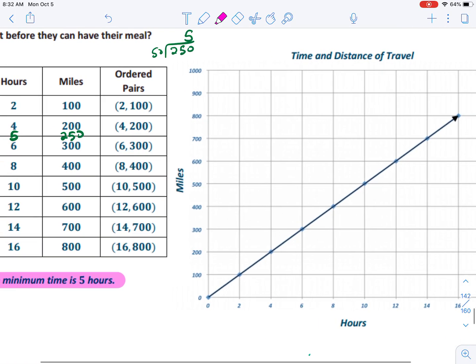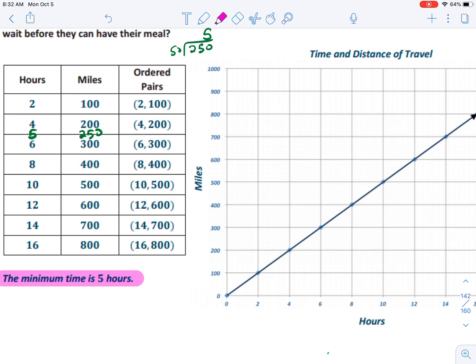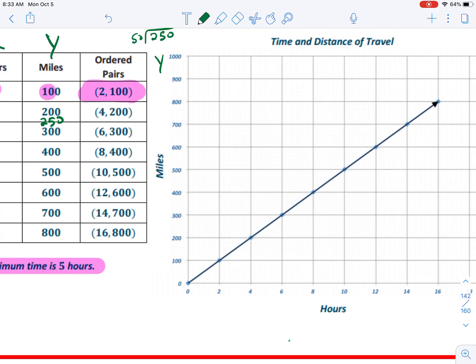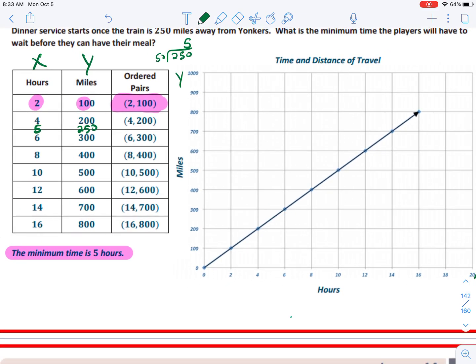They plotted all the points that they have on their table. So 2 hours, 100 miles. They made that into an ordered pair. Remember, an ordered pair is X and Y. Hours is going to represent the X axis, the horizontal. Y is going to represent the vertical. 2 and 100 is going to go here. Then 4 to 200, 6 to 300, 8 to 400, 10, 12 to 600, 14 to 700, and lastly 16